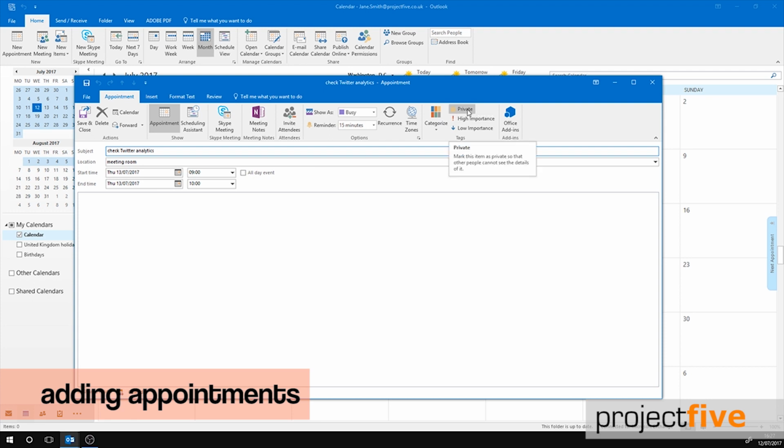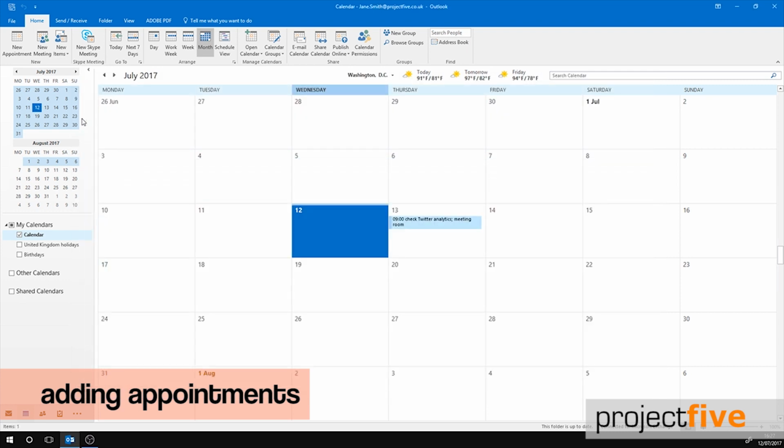Another useful feature is the Private tag at the top of the menu bar. If you click this, it means nobody can see the details of your appointment, just that you're busy at that particular time. This is really useful if you have a personal appointment that you want to add to your calendar, but you don't really want anyone else to see it. So once you've added all of your information, simply click Save and Close, and this appointment will now appear in